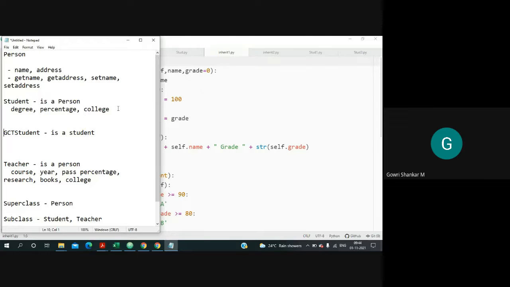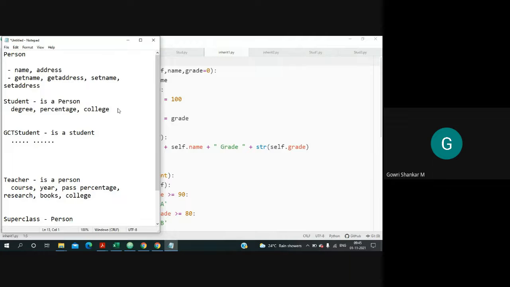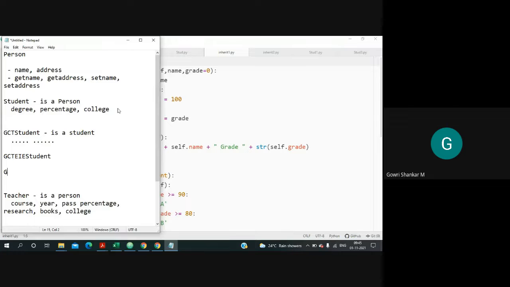Okay, so a GCT student is also a student, and every student is also a person. So here I can define whatever specific properties and methods are applicable only to GCT. I can add some more properties and some more methods that are applicable only to a GCT student. And again, if you want, from GCT student I can define a GCT E&I student,